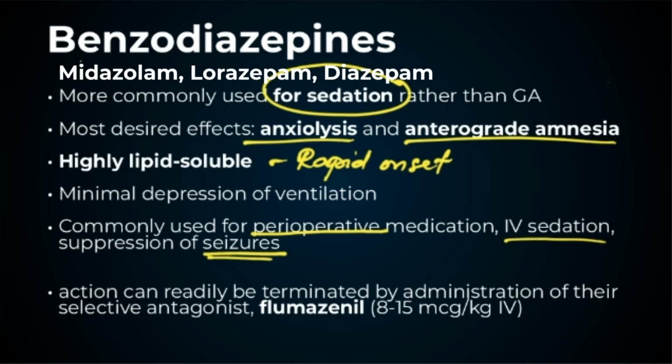Benzodiazepines are unique among the group of IV anesthetics in that their action can readily be terminated by administration of flumazenil, which is their selective antagonist. So, for example, the anesthesiologist gave midazolam, and then when the surgery is done, so say the patient can now be brought or transferred to the recovery room, the anesthesiologist can give a dose of flumazenil to reverse the effects